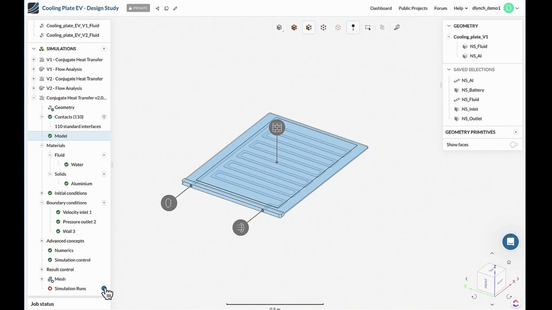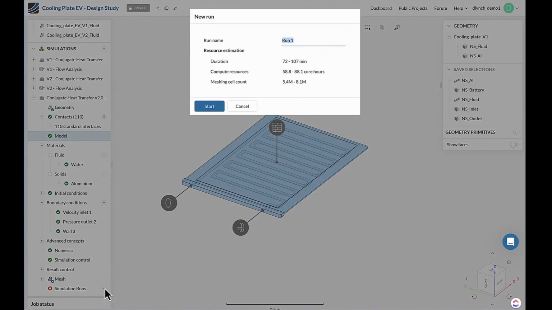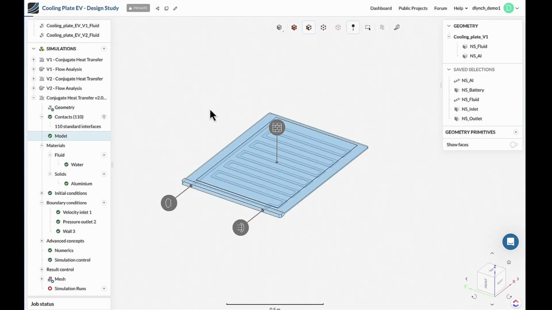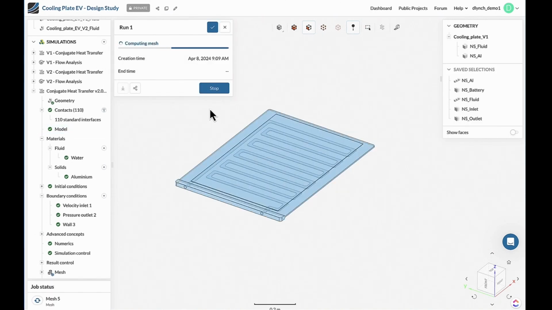And once we're done here, then instead of getting any errors or warnings, we're actually going to get an estimation. This is done based upon machine learning algorithms, all of the simulations that came before it, and it tells us that this is going to take somewhere just over the hour. It's going to consume some resources. If you're happy with that, then you can hit start. And that's pretty much the simulation process from beginning to end.